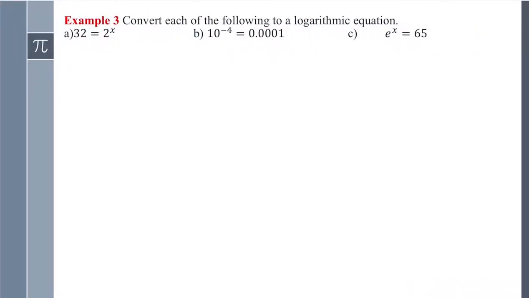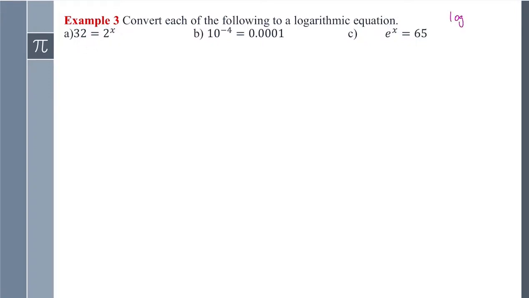Let's look at some examples. So the first one here, we need to change this one to a logarithmic equation. Okay, what is the meaning of this one? So 2 raised to what power equals 32. That's what this is. Now when we write that in terms of log, always if we are using this one,